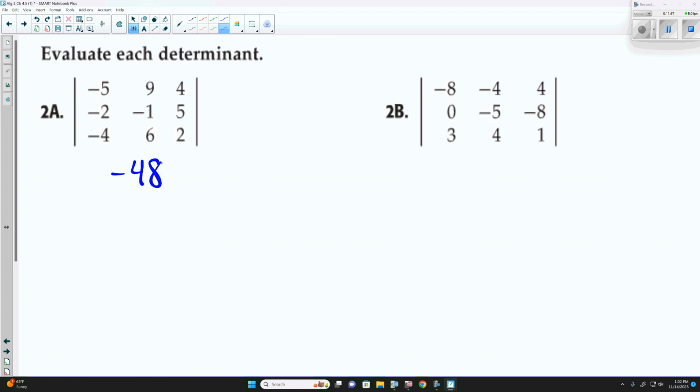Negative 5, 9, 4. Negative 2, negative 1. You had negative 9 instead of positive 9, huh? Same way. Luckily,